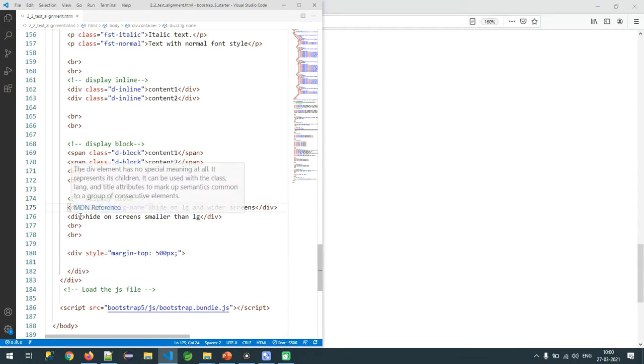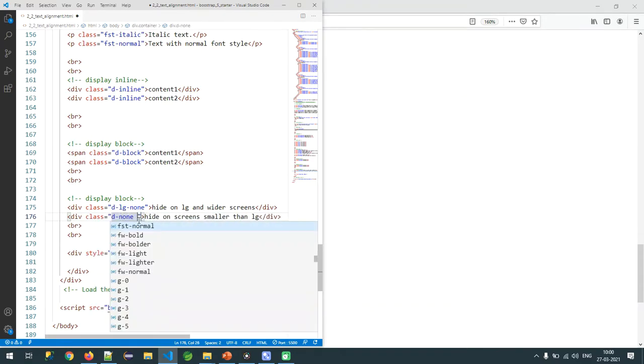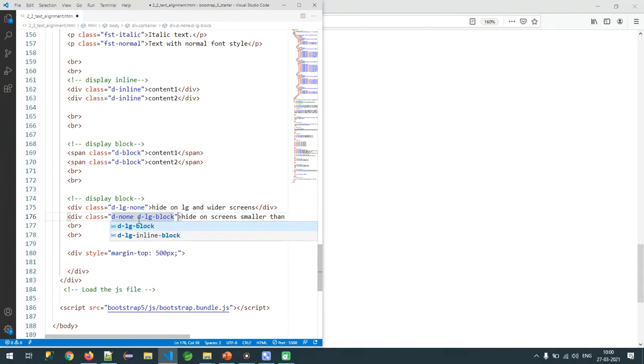In the same way, sir, my requirement is to hide on screens smaller than LG. So very simple. d-none means I want to hide for everyone, but d-lg-block means we are telling Bootstrap: hide for all devices, but show for whom, sir? Large devices or greater than that.